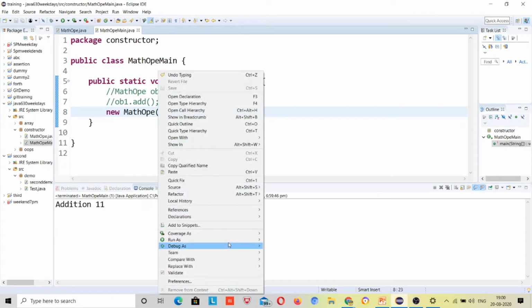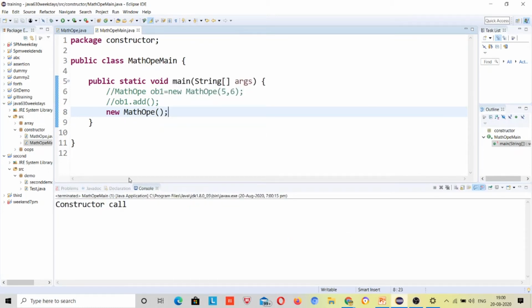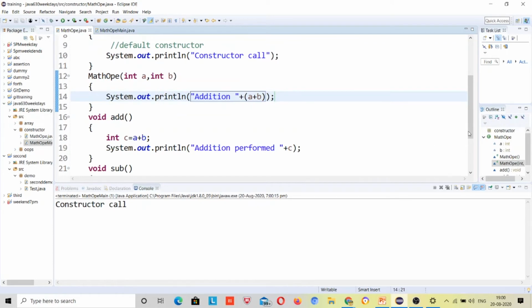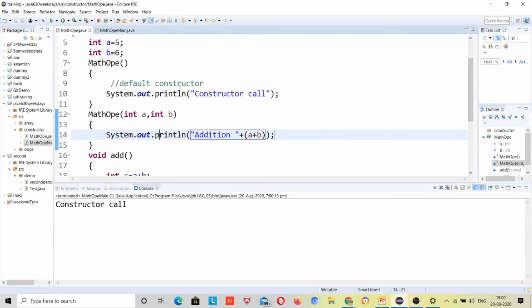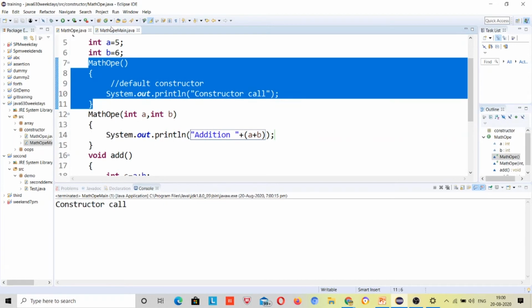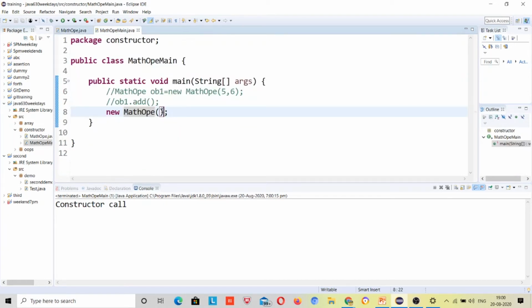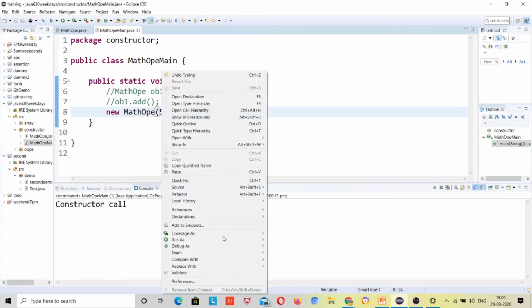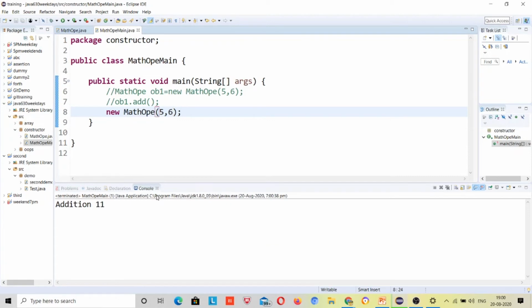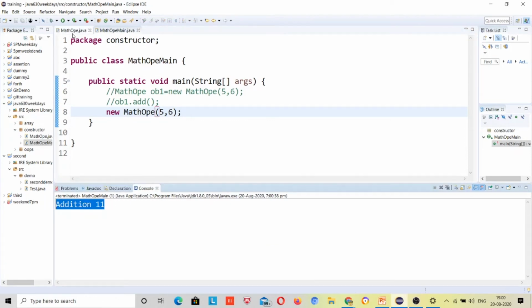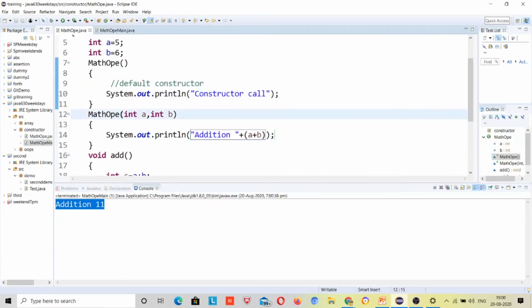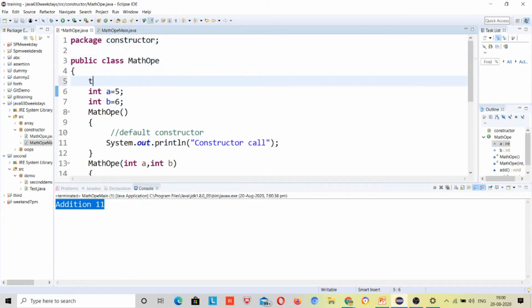Constructor call, because you called the default constructor, so it called the default one. If you pass two values like 5 and 6, which parameterized constructor was called? Now there is one more concept, note it down.